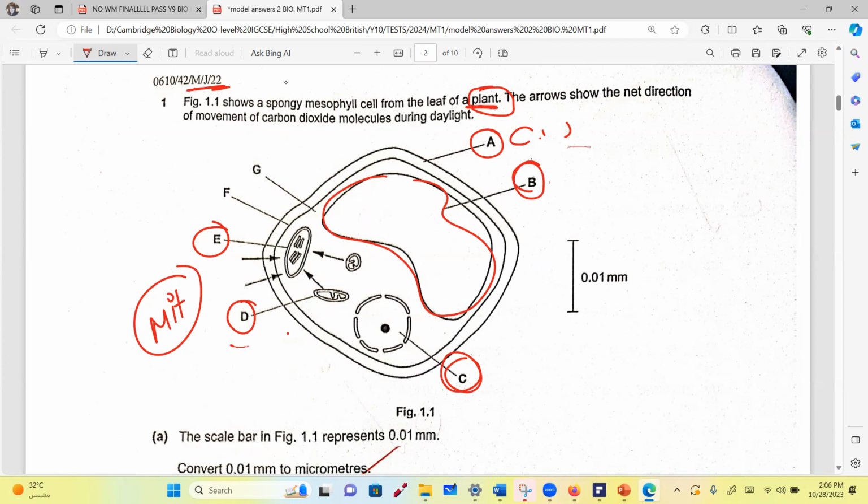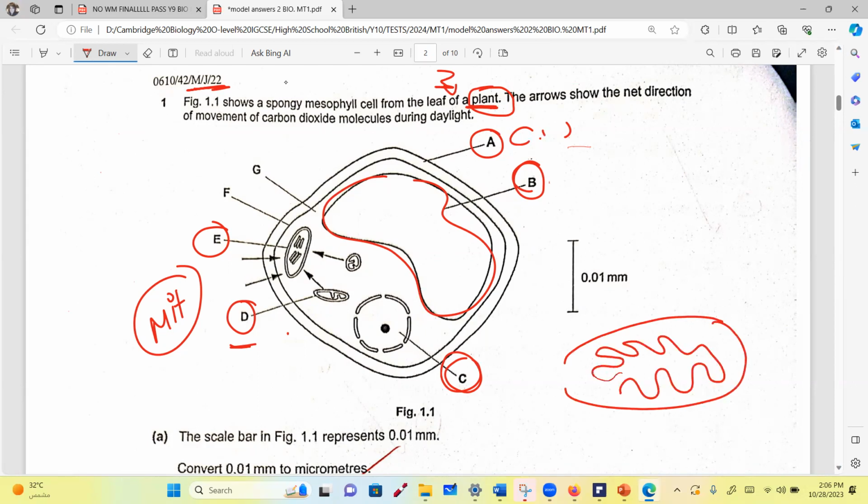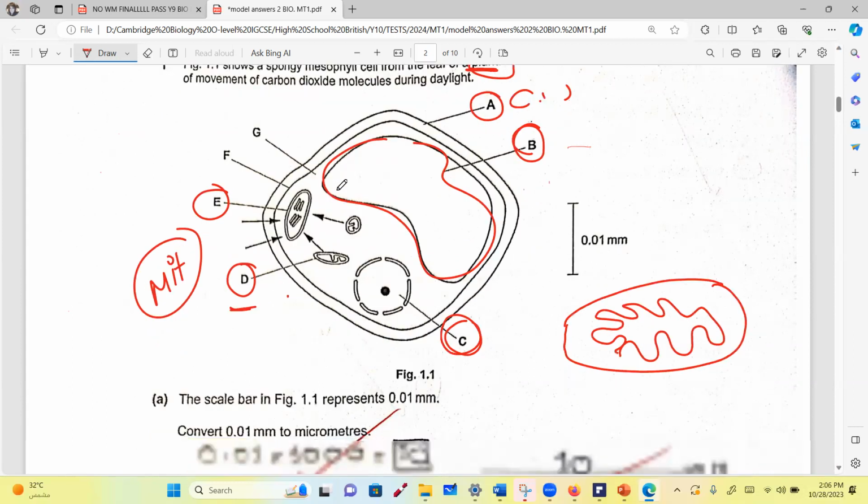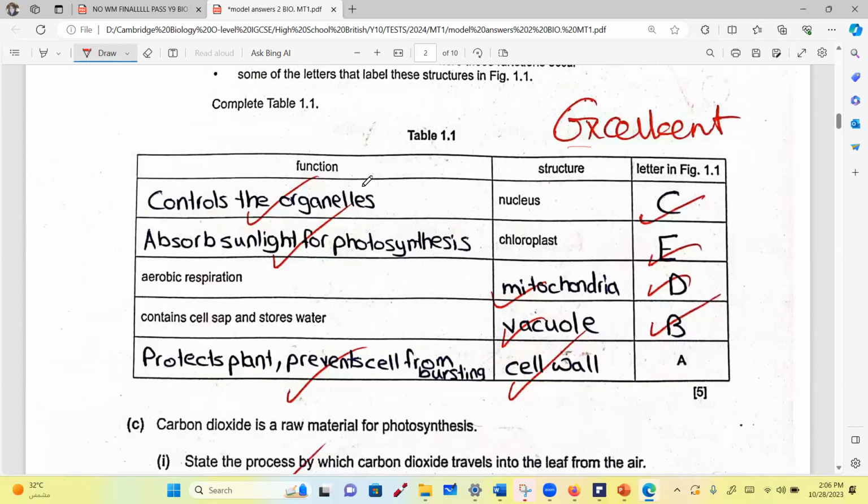And whoever got confused or mixed up between D and E either did not read the question or did not study, because I don't have any other reason for that. We studied clearly and we showed pictures and we mentioned that the mitochondria is folded from the inside to increase the surface area. And those folds are called cristae. We even took its name. So D is mitochondria. You did not get it right? I don't know why.